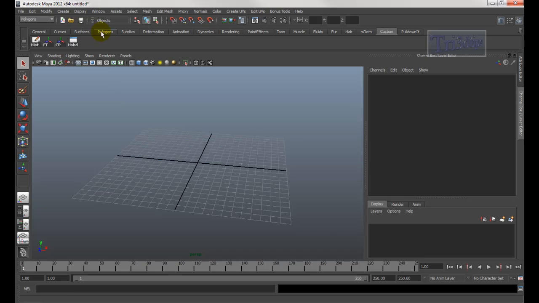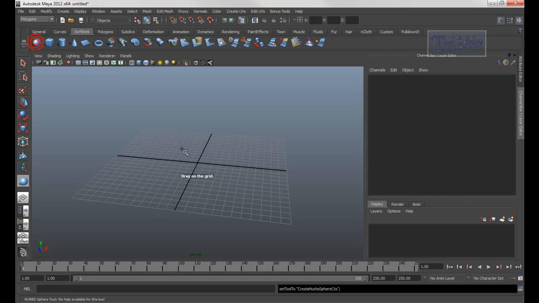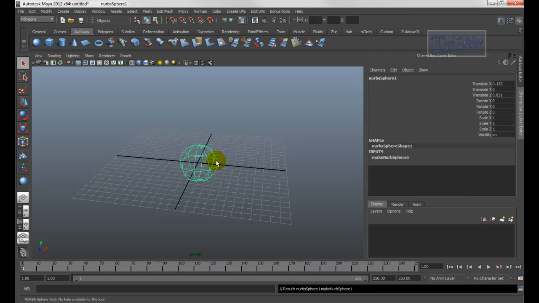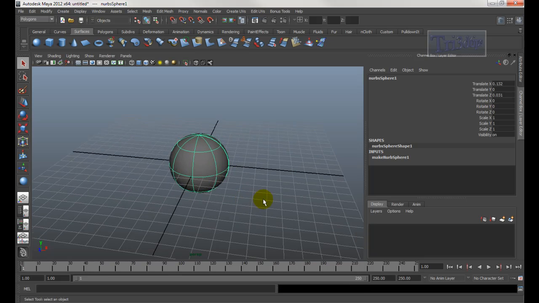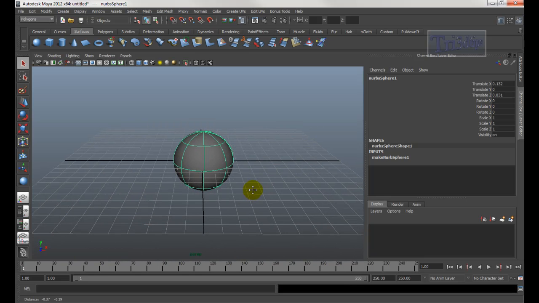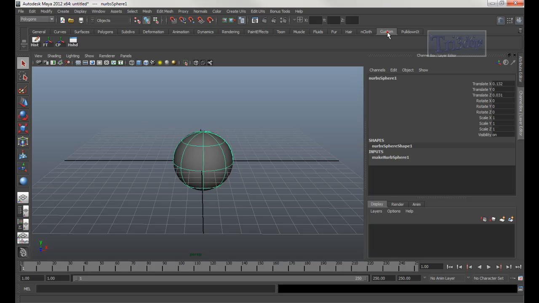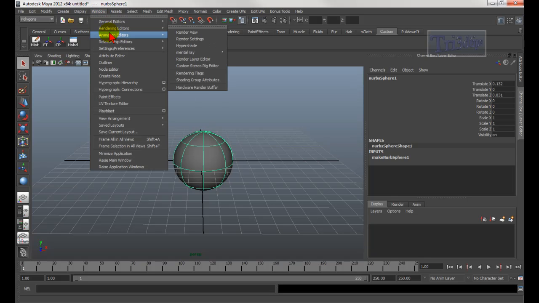First of all, you need to create, let's say, a NURBS sphere. You could use a polysphere also. Okay, right there. Press 5 on your keyboard. Now what I'm going to do is go into my custom shelf, and then you can open the Hypershade. Go to Window, Rendering Editors, Hypershade,